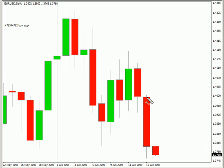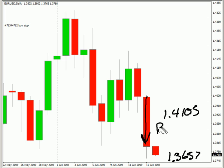Now, let's take a look at the Euro-USD pair. This particular pair closed down, still moving sideways, definitely has a bias to the downside. We are looking for this pair to potentially move as high as 141.05, possibly as low as 136.57. Look for some resistance around 138.98 and look for some support around